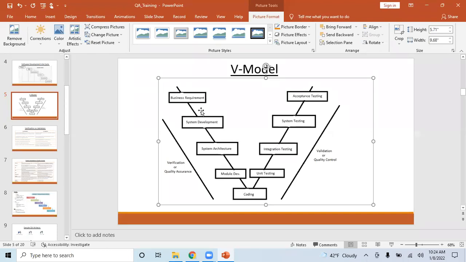This V model talks about the different stages, how a product will evolve, right? And at these different stages, it talks about what kind of testing has to be implemented. During coding, once they complete the coding, that means this module, they do unit testing, right? Unit testing normally will always be done by the developer. Whoever has done the code, it is his responsibility to do unit testing.